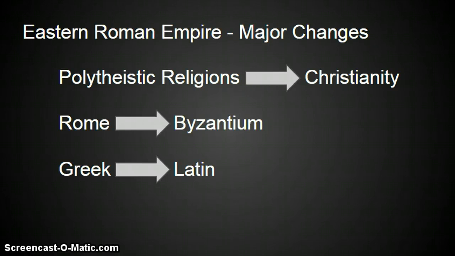The argument of transformation is based on the idea of late antiquity. It's used by historians to describe a time period between 250 and 750 AD, where many changes and transformations occurred throughout Europe. Changes in politics, culture, and religion, all of which make up the new empires that are seen during this time. This way of looking at this time period has been accepted in order to say that Rome transformed.